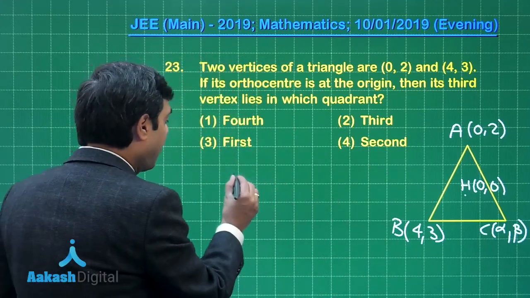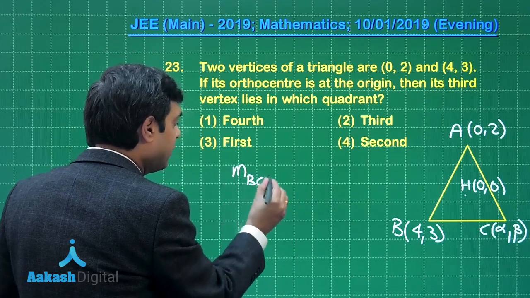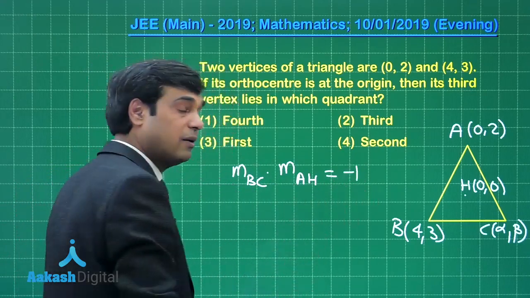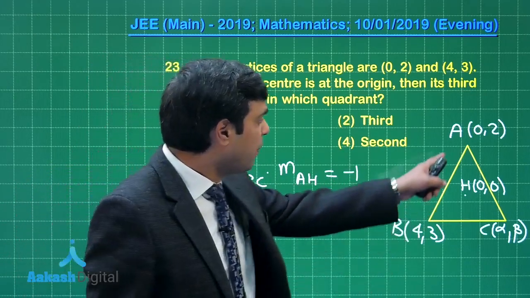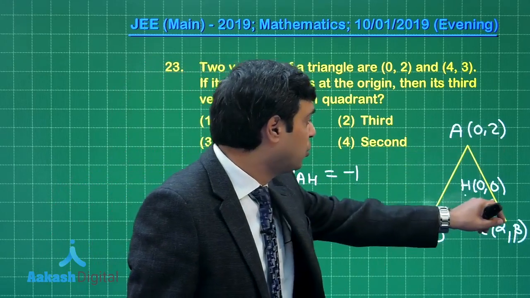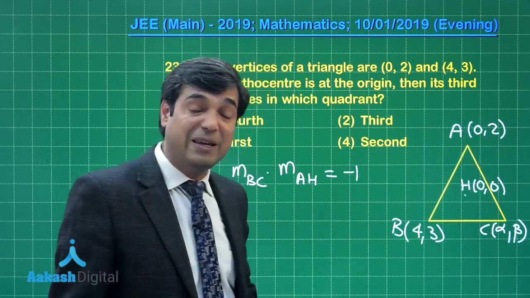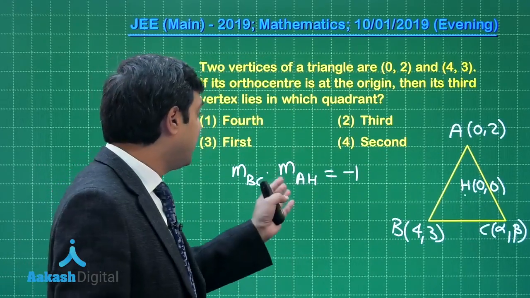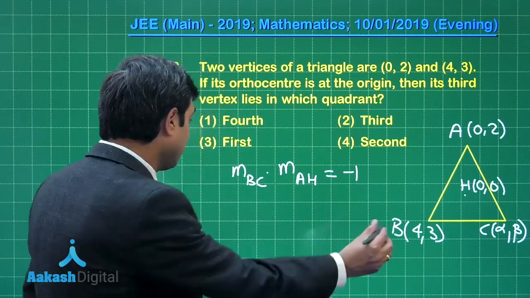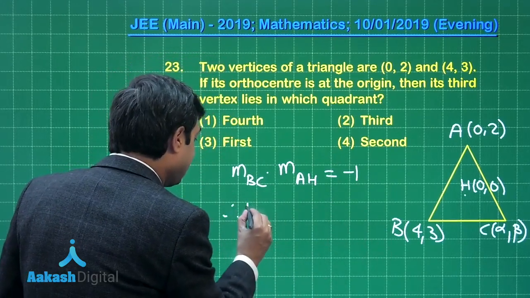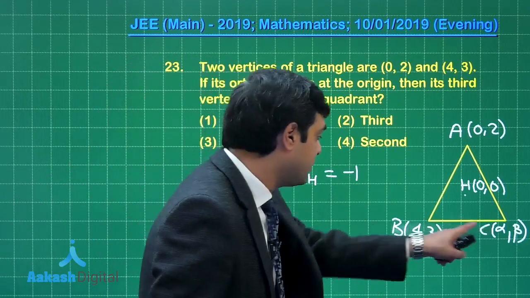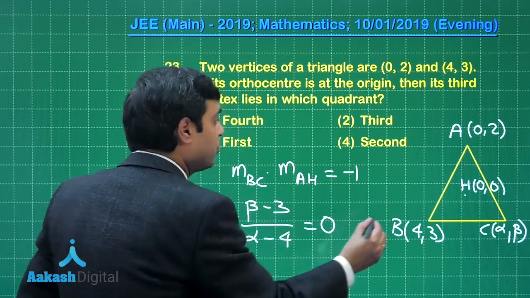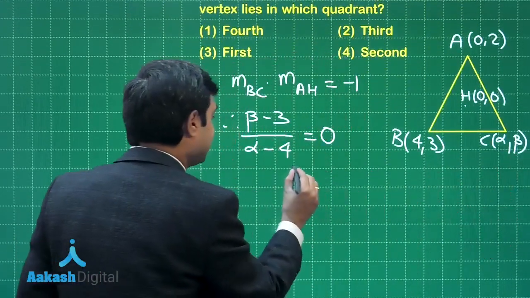So, when you talk about slope of BC multiplied with slope of AH, it will be -1. This is clear. When you talk about slope of AH, you can see this is 2 minus 0 upon 0 minus 0, meaning it is approaching infinity. So, it is a vertical line, right. So, it is approaching infinity, meaning 1 upon MAH will approach 0. So, we can write here MBC, which is beta minus 3 upon alpha minus 4, is equal to 0, giving us the value for beta as 3,